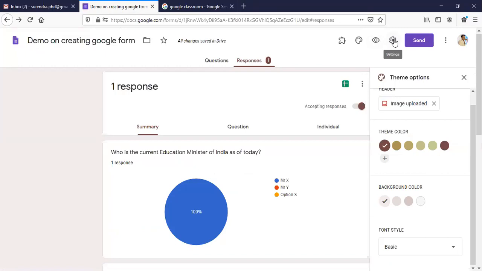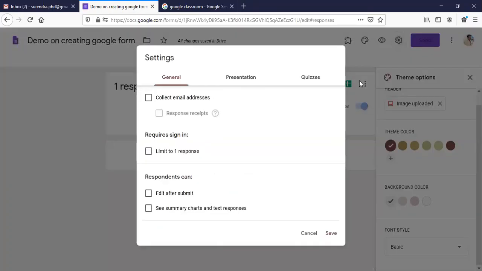And there are settings. These are all very important. There are settings available for every Google Form. If we click on the settings option, it will come here. You can see that collect email addresses. It is always good to enable this one, collect email addresses, so that the first question will be again, enter your email address. This will be stored at one place.